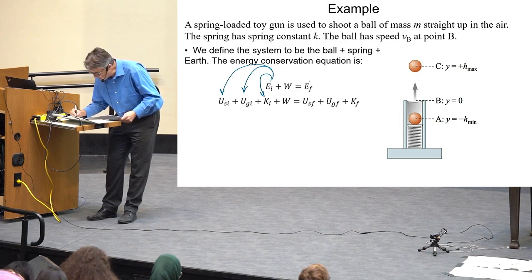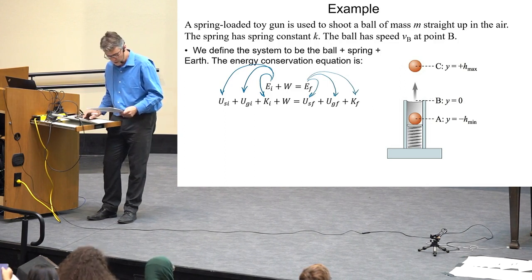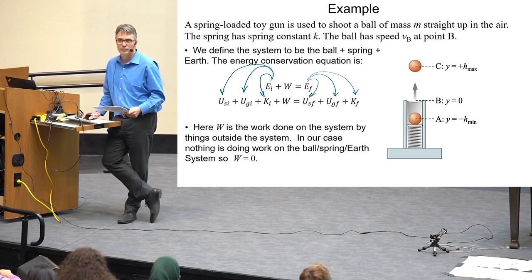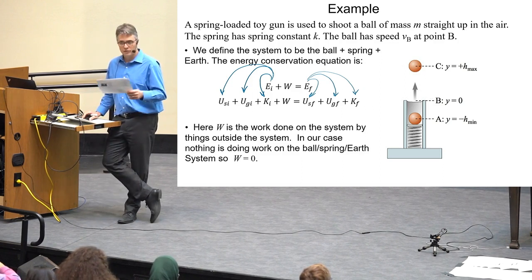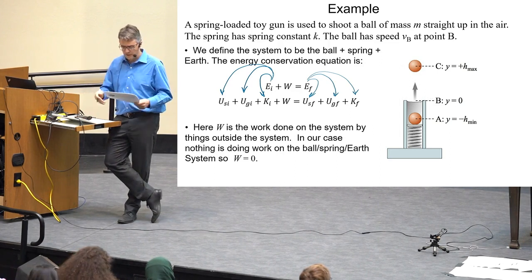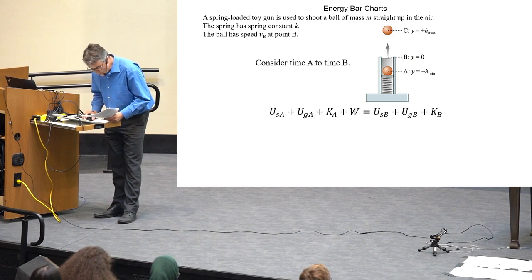And the final energy gets split into its 3 parts: the elastic potential, the gravitational potential final, and the kinetic final. And then there's work, which is force times distance. So here, the work done on the system is 0, I think. Kind of like when there's no external impulse. Everything here is internal. So we don't say that gravity does work because gravity is part of this system. And if we want to use energy bar charts, I would say